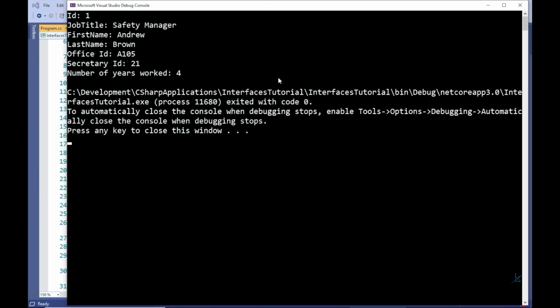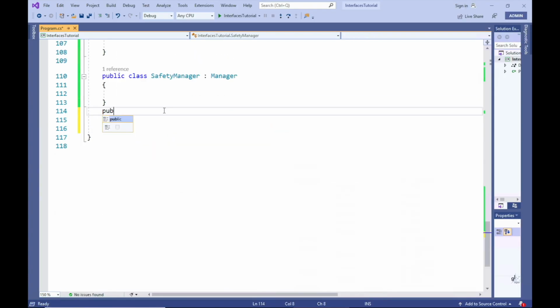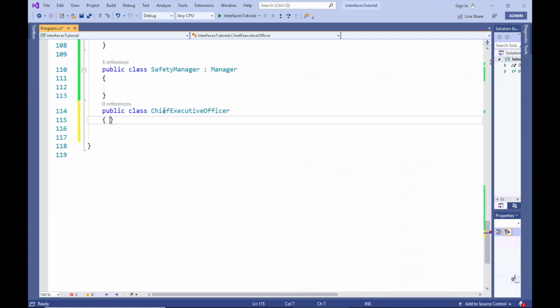Great. So let's go up a level in the management hierarchy and create a class named Chief Executive Officer. So although the Chief Executive Officer is at the top of the employee hierarchy, the Chief Executive Officer is also both a manager and an employee. Unlike a manager and an employee, let's say the Chief Executive Officer has a personal assistant, and we want to extend the Chief Executive Officer class by adding a property that will store the ID of the Chief Executive Officer's